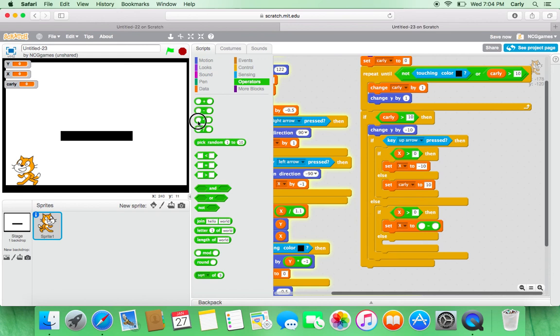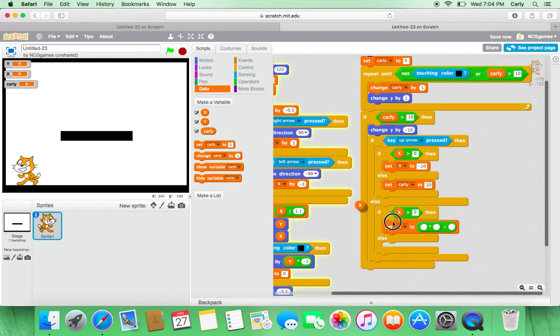Okay, now you're gonna grab this multiply box, and you're gonna put it in this first circle. Then you're going to go into data and grab this X, and you are going to put it onto that side, and then the other side, it's going to be -1, so -1, and then 2 on the other side,